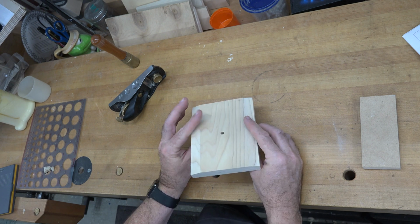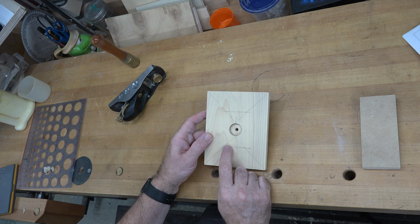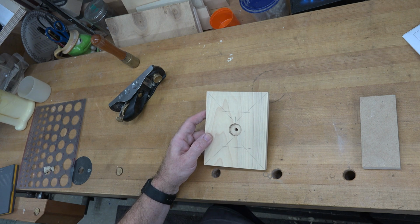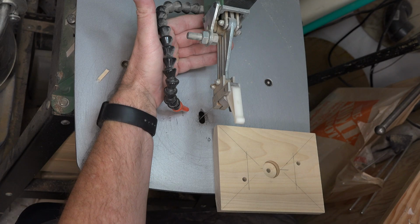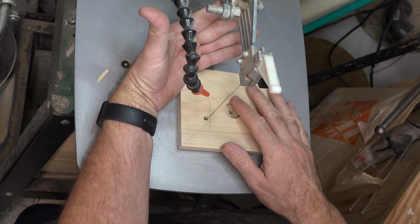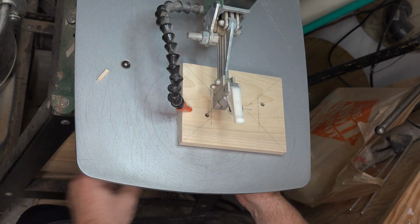So now that we have that done, we're going to flip it over, and those lines that we transferred here for our main shape, we are going to take this over to the scroll saw, and we are going to cut this out as carefully as we can. Now with 3/4 inch thick stock, I am going to be using a number 7 reverse tooth blade,